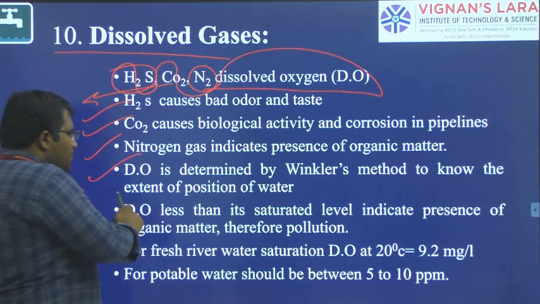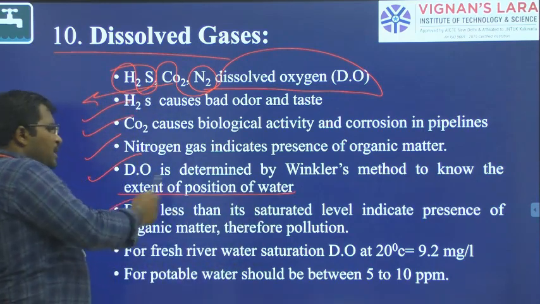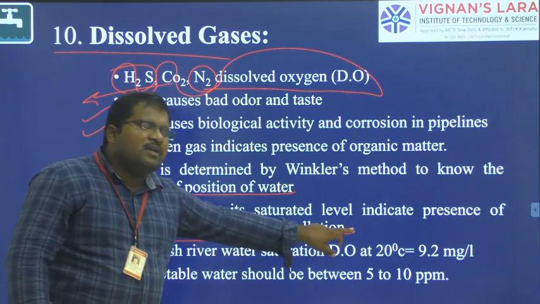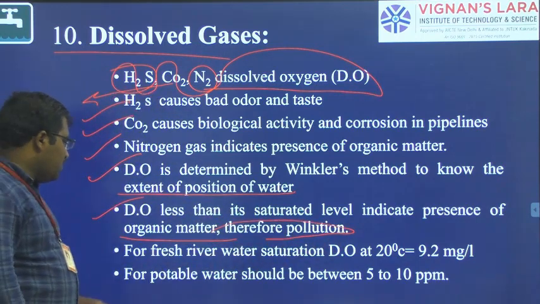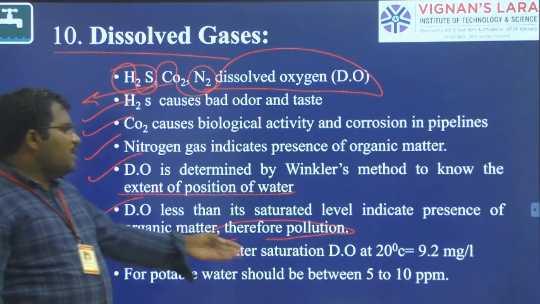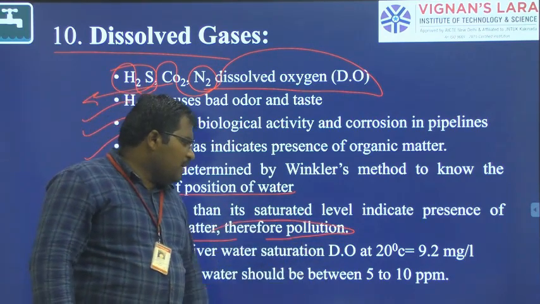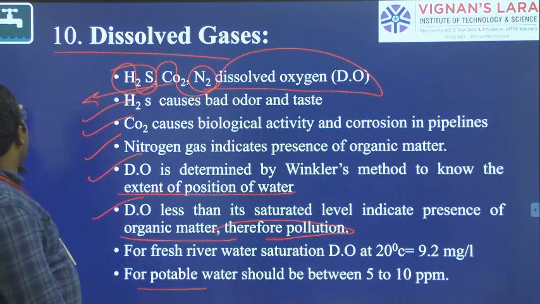Okay, know the oxygen position of the water, right? So DO less than its saturated level indicates the presence of organic matter. Therefore, the water is polluted. So for fresh waters, DO will be 9.2 mg per liter. For potable water it should be between 5 to 10 ppm. Okay. Next,